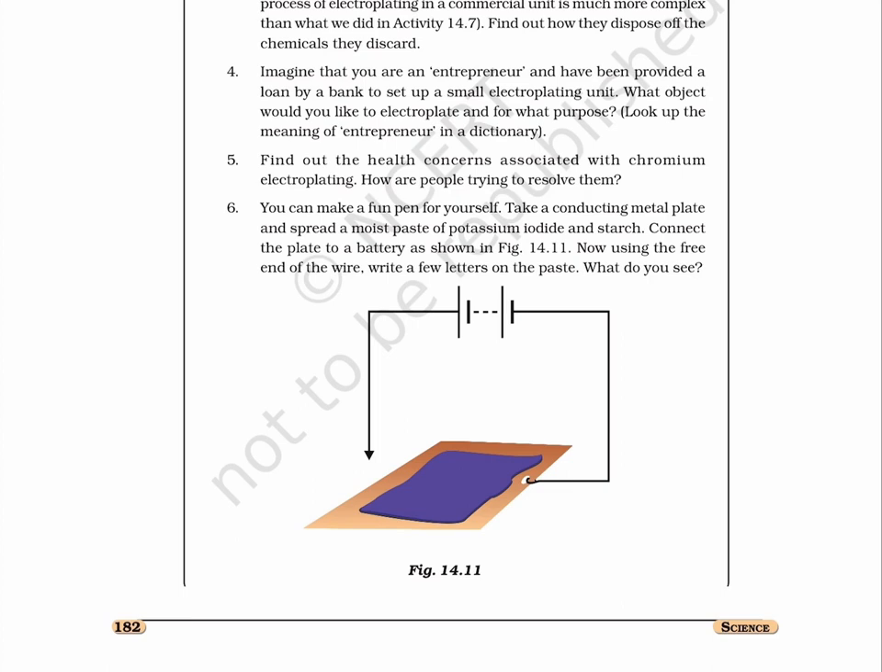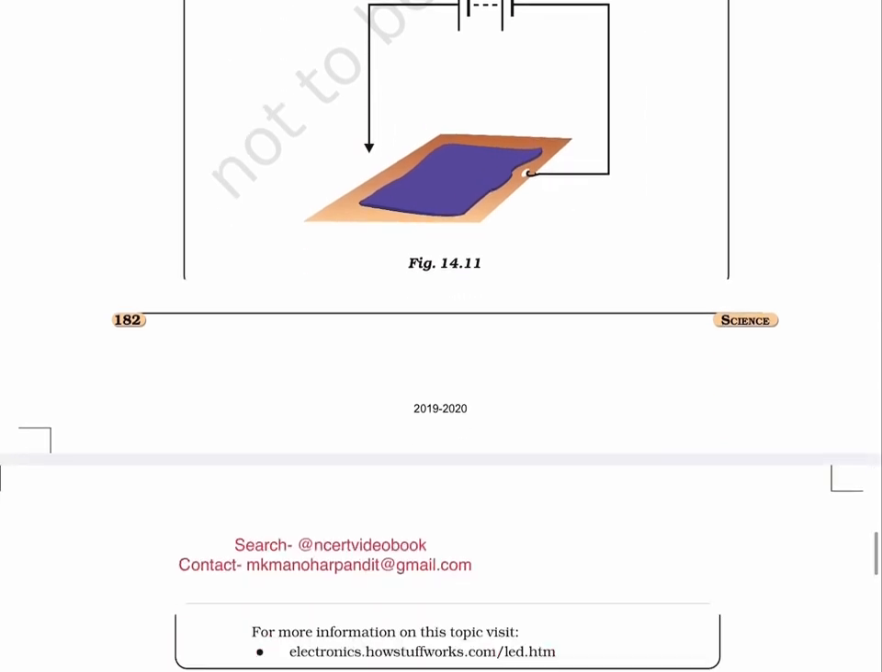6. You can make a fun pen for yourself. Take a conducting metal plate and spread a moist paste of potassium iodide and starch. Connect the plate to a battery as shown in figure 14.11. Now, using the free end of the wire, write a few letters on the paste. What do you see? For more information on this topic, visit